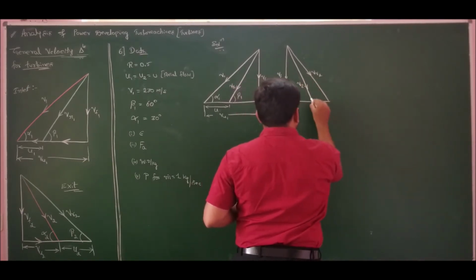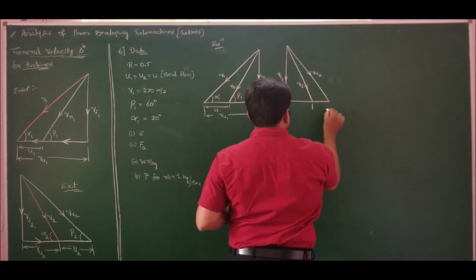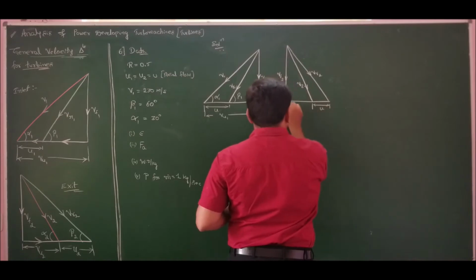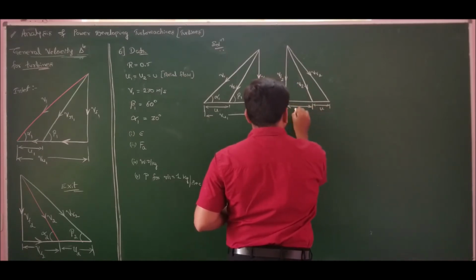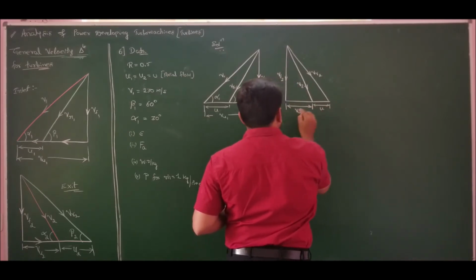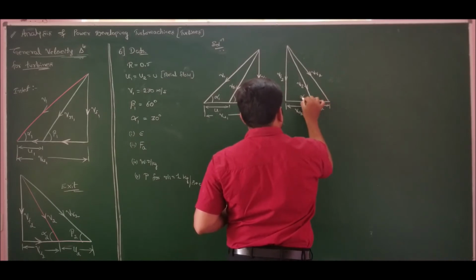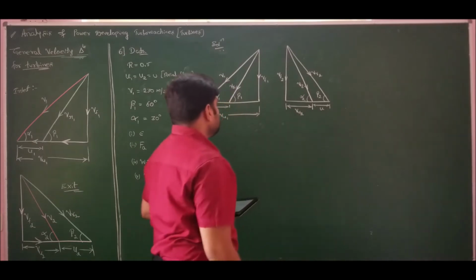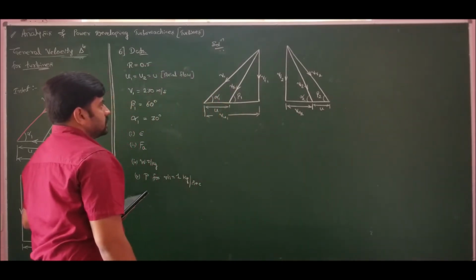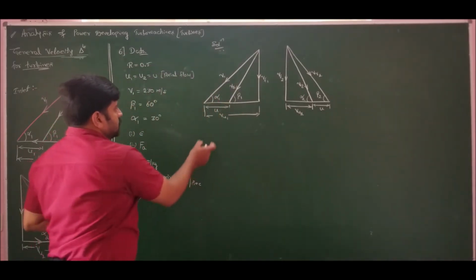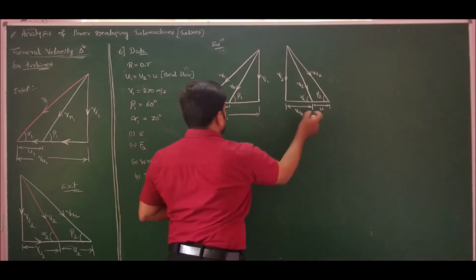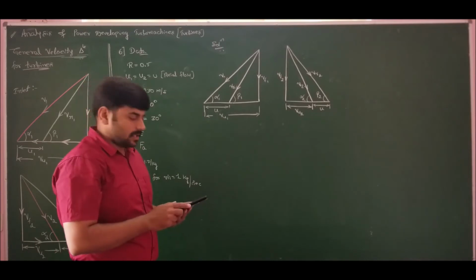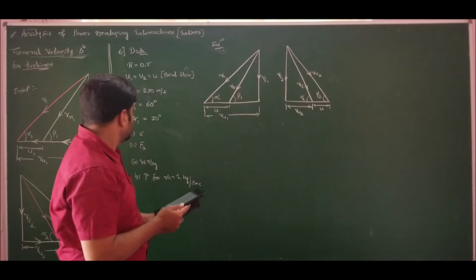If we join the base and mark, taking absolute velocity as reference, absolute to relative is U and absolute to flow is Vu. At outlet it is Vu2. The angle made by V2 is alpha 2, and the angle made by VR2 is beta 2. So we have drawn the general velocity triangle. It has no alteration except that it is an axial flow. Therefore U remains the same for both the inlet velocity triangle as well as the exit velocity triangle. Let us solve this problem.